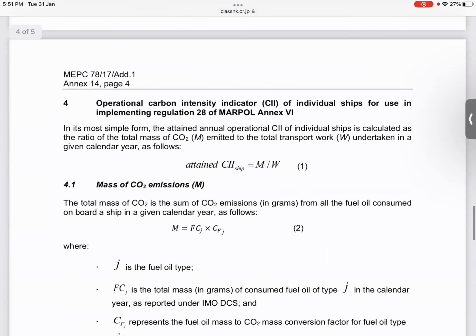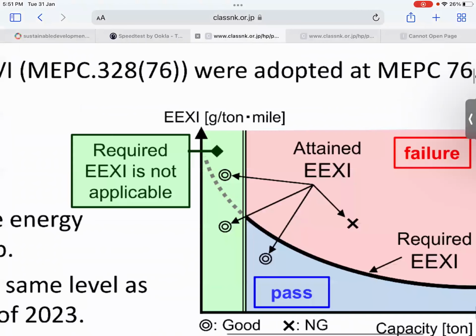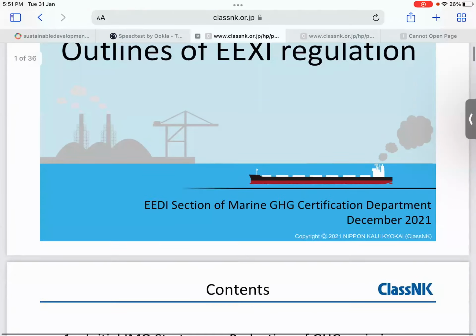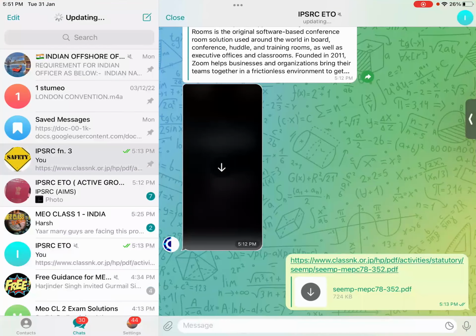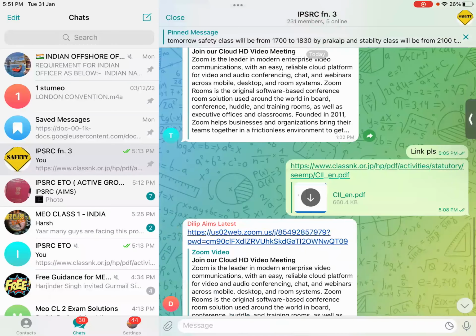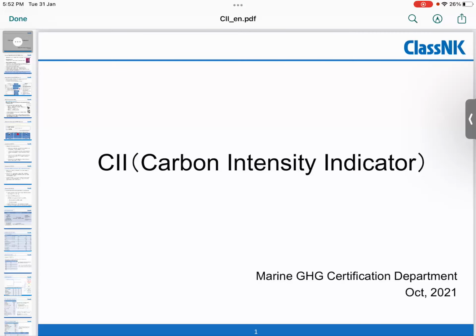Okay. Now for your CII also, just open one more file. I think I've posted it. कार्बन इंडिकेटर राइट। अब इसमें क्या है, वी आर ओनली कंसर्न्ड अबाउट हाउ मच अमाउंट ऑफ फ्यूल यू आर बर्निंग, राइट।